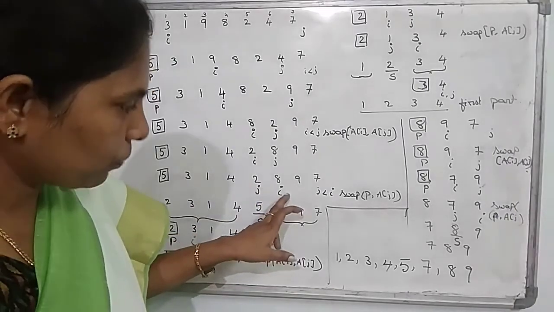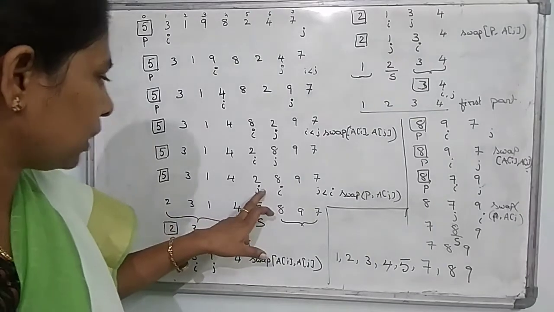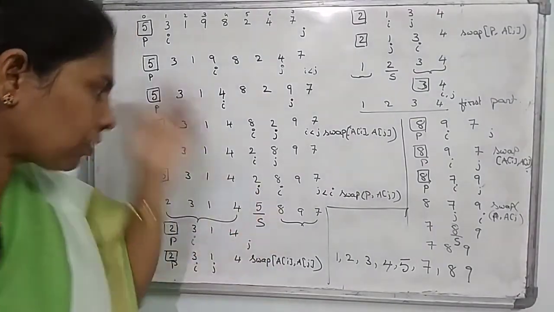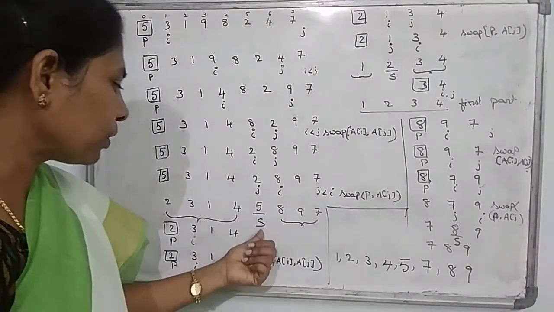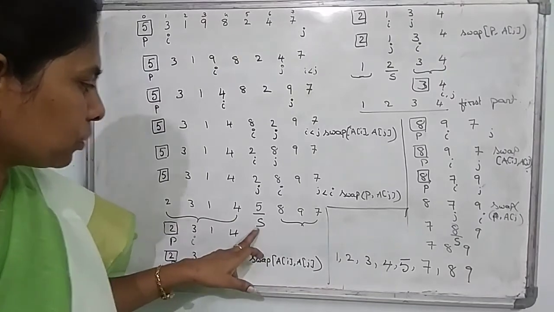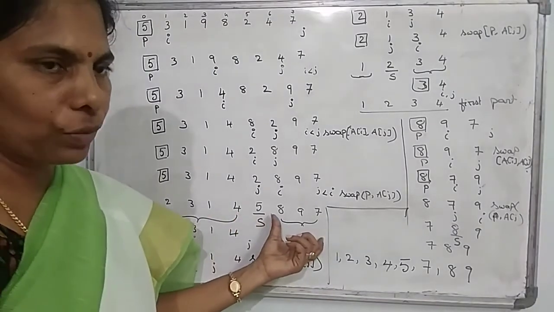J less than I. So whenever you have j less than I, you can swap the pivot element with the j. So 2 and 5 are swapped. After swapping that one, what is the element you have swapped? That position is called the splitting position. Now the 5 comes from the split position. In that we are having this one subarray and this is the another subarray.